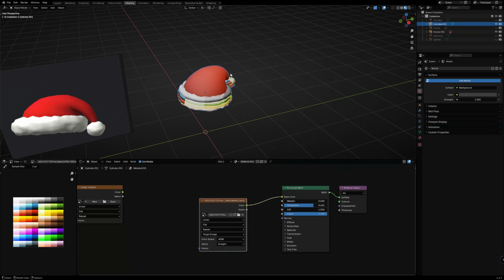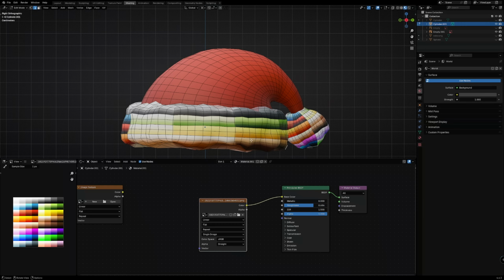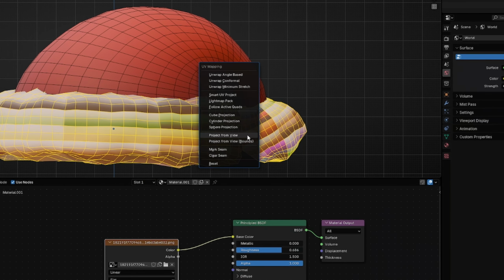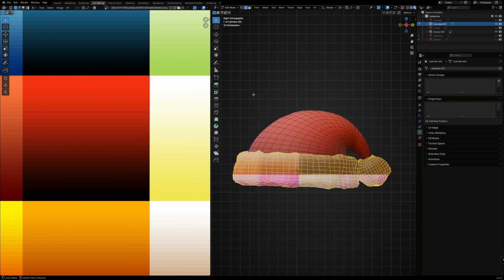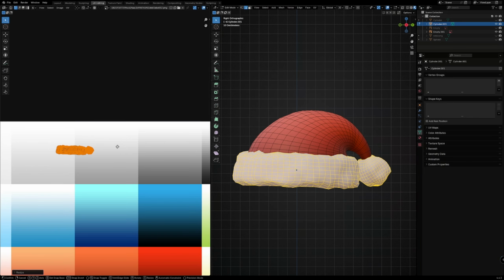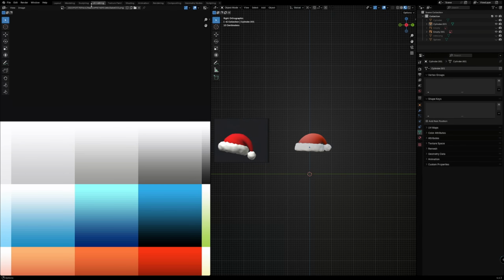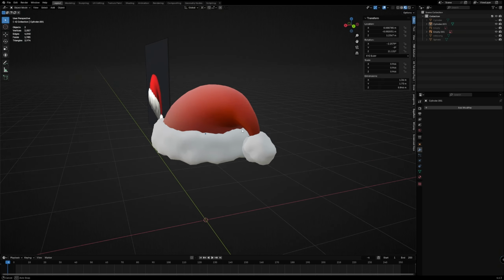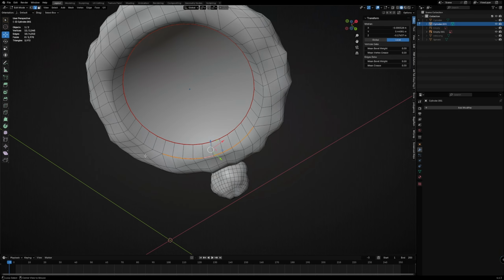Then drag this UV into the desired color. The larger you make it, the more pronounced the gradient will be. Once you are happy with the color, then you can select the two white parts and do the exact same thing. And good job, you just made your very own Santa hat UGC. You can do any touch-ups if you want it to look better. And any Blender users, you can skip a little to the uploading process, because now it's time to show how